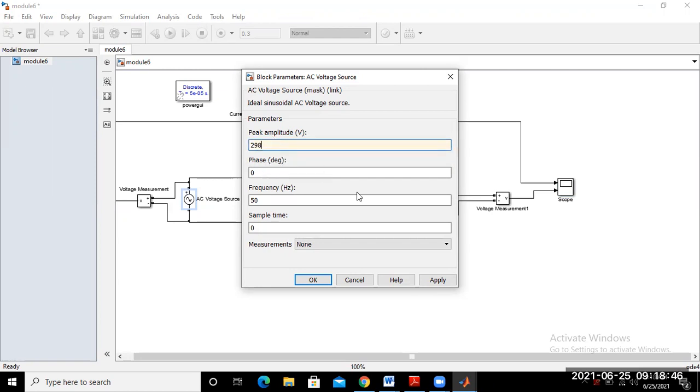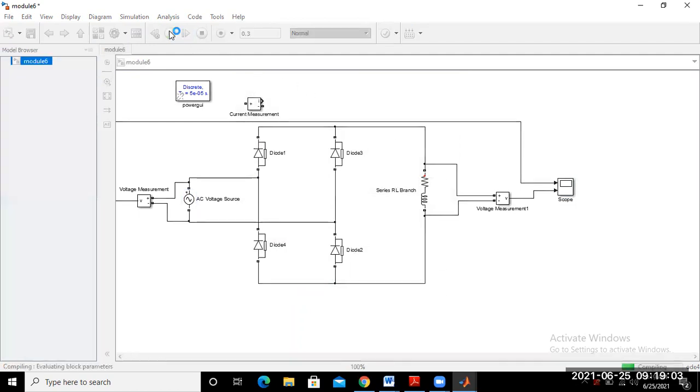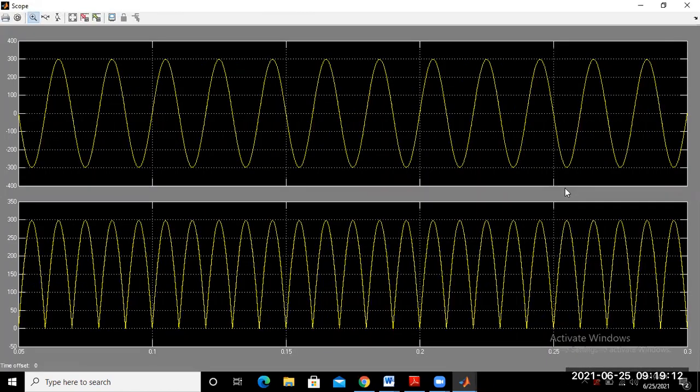So just try to see whether the voltage waveform changes or not. Apply and okay. Again run this model, and run the scope.